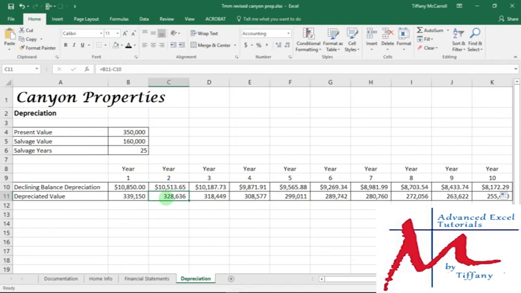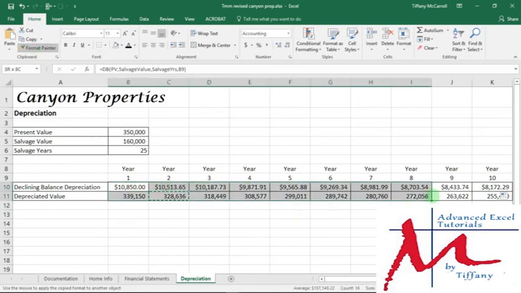Let's see. Accounting. Okay, so that's correct. So let's just see if we can do this. Format painter. And just format paint all these. Woo. Nice. That was very confusing the way it is written in the book, but anyway, that's the way to do it